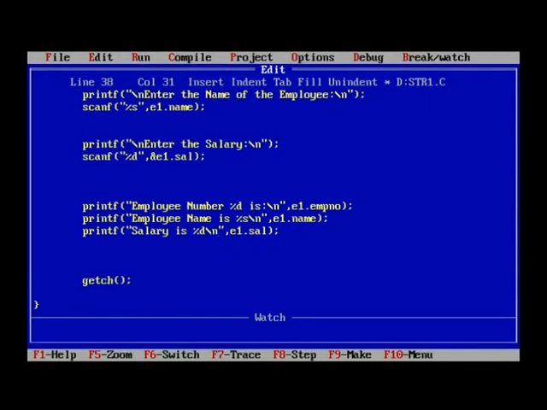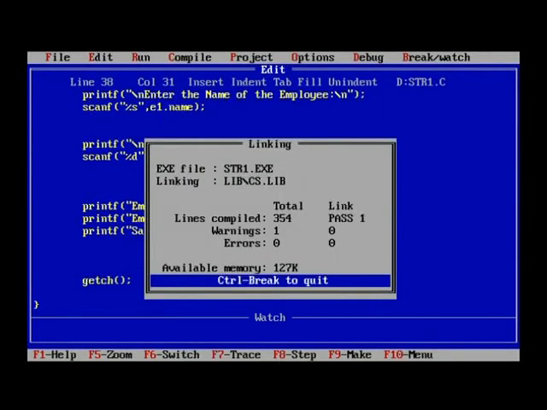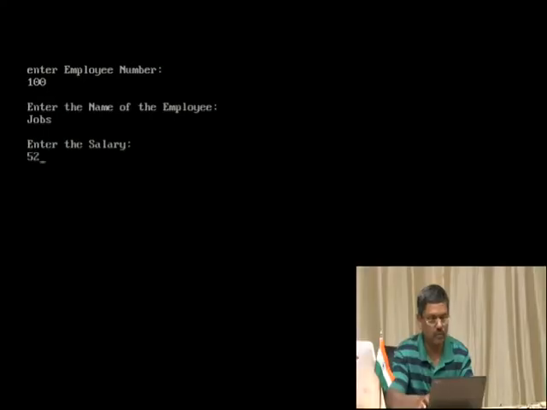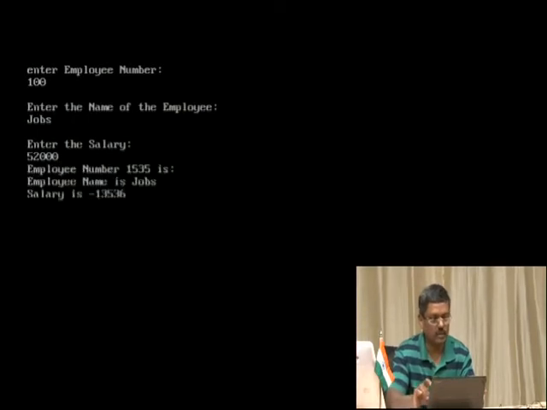Alright, okay, save this and then compile this, then run this. Employee number is 100, enter the name of the employee, say jobs, enter the salary, say 52,000. Employee number, okay, %d, I have to put a variable over there, so let me go back.